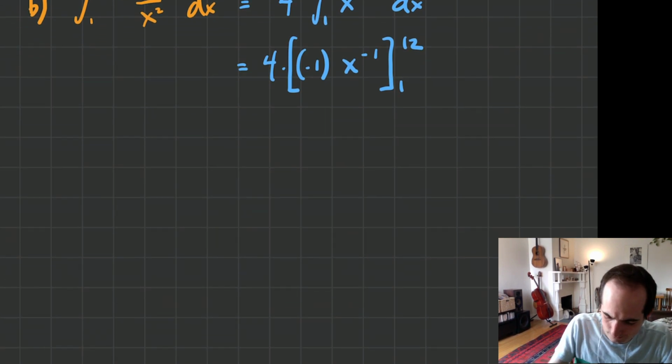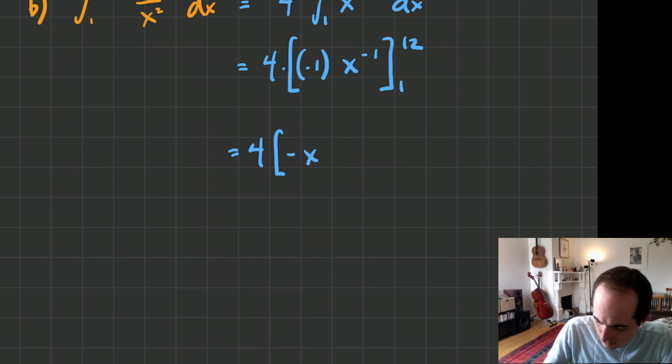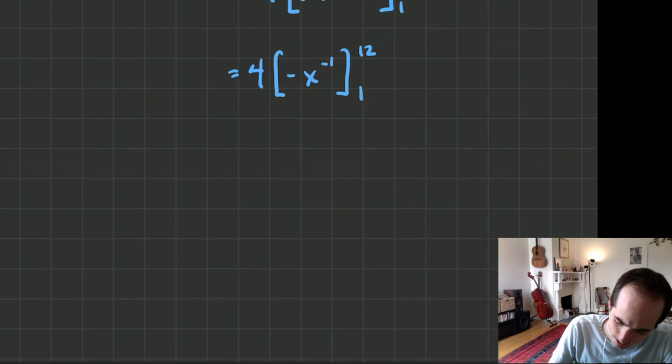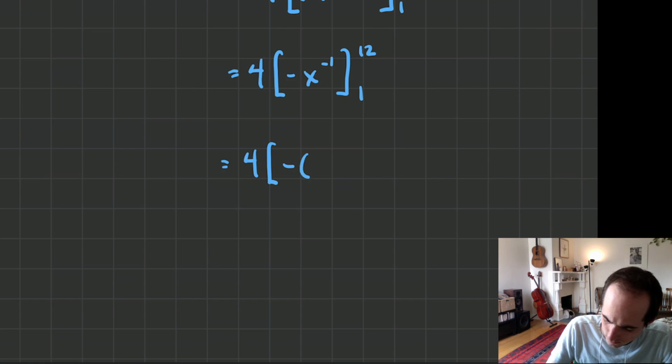So let's write this all out. So this is 4 times, well, I've got negative x to the -1. I'm just writing it nicely again. 12 to 1. There we go. And let's split this up. So this is equal to 4 times, well, negative 1 over 12